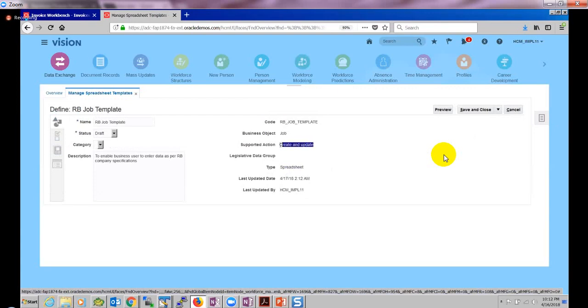You cannot do delete. If you want to do delete, either you have to do it manually, or you have to rely on the HCM data loader tool. Basically, the tool will help delete as well. So by default, status is draft. Let's keep it as a draft. And this is actually the define view. Then you can go to the design view. In the design view,